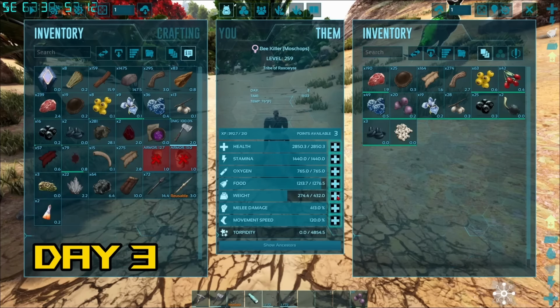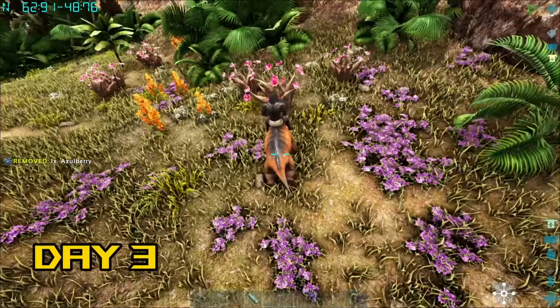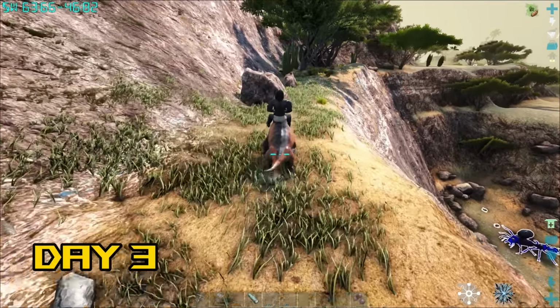I then put 8 levels into weight so that Bee Killer could carry me and a lot of things we harvested. Later in the day, I found a bush that you harvest silk and plant species Y seeds from. While still trying to get home, I was roaming the side of a cliff, and then the prime deathworm came